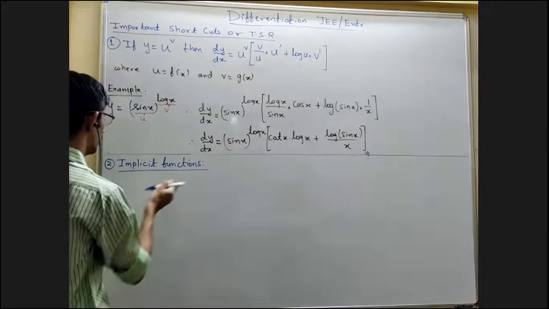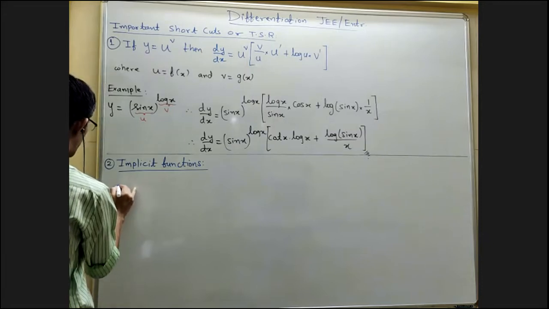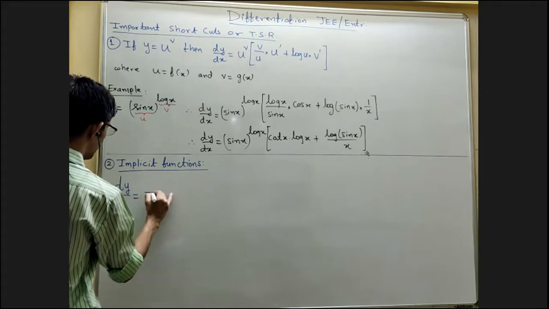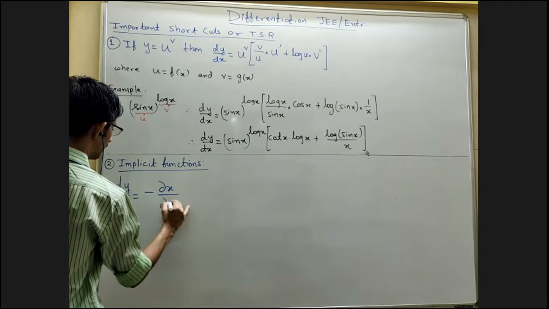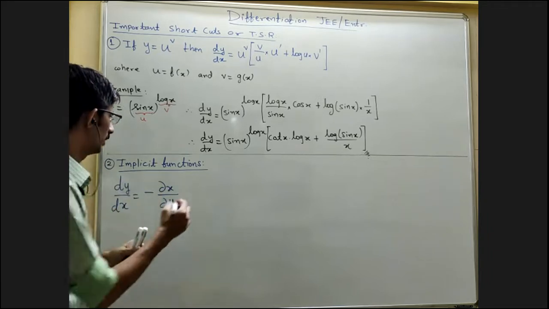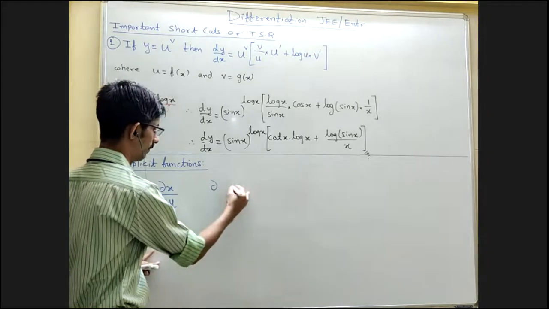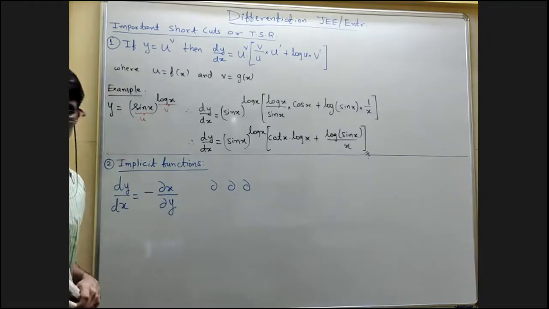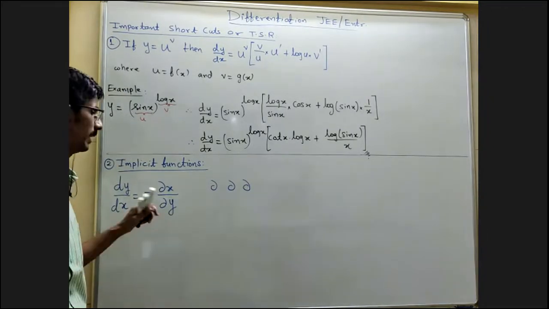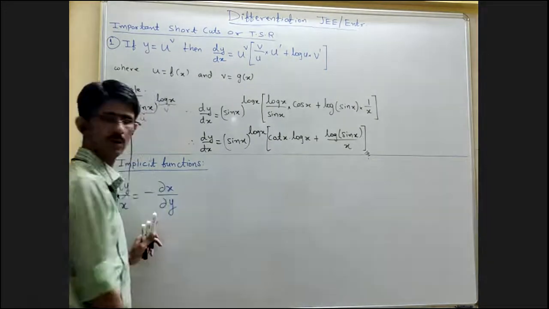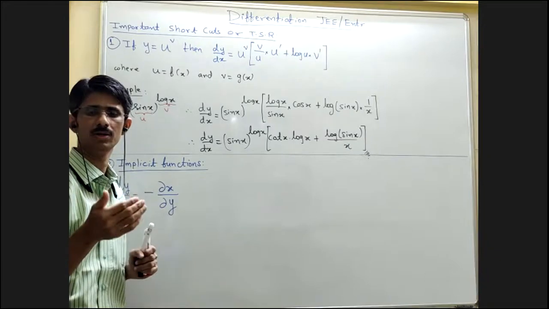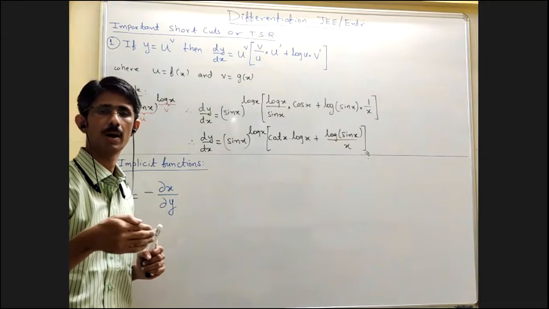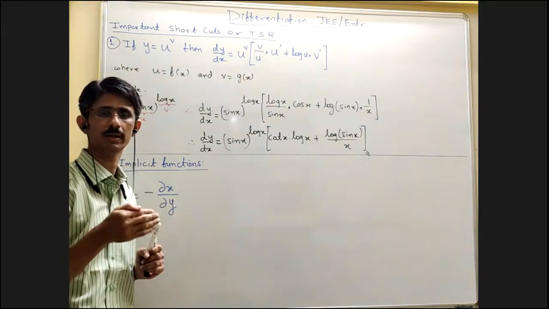So please write down over here, for implicit function, if we want to find out dy by dx, अगर find करना है तो it is given by minus del x upon del y. ऐसा लिखो आप. हाँ देखो del कैसा लिखते हैं, it is written this way. Okay, so write down dy by dx is equal to minus del x by del y. Now ये जो concept है, now in higher standard you are going to learn one of the concepts that is called as partial differentiation. अब वो partial differentiation का concept is not there in the